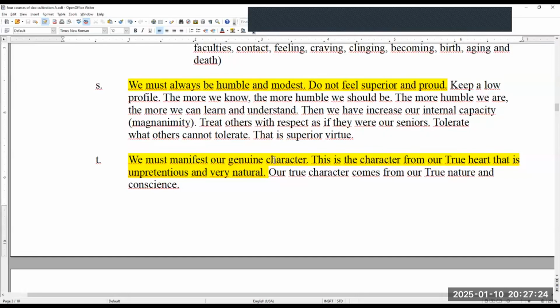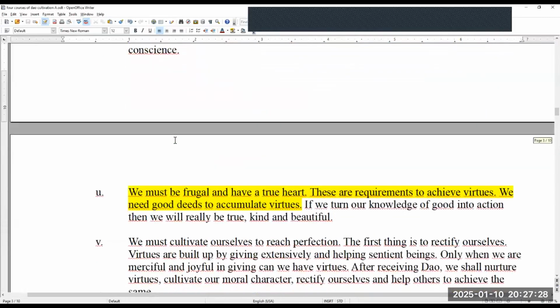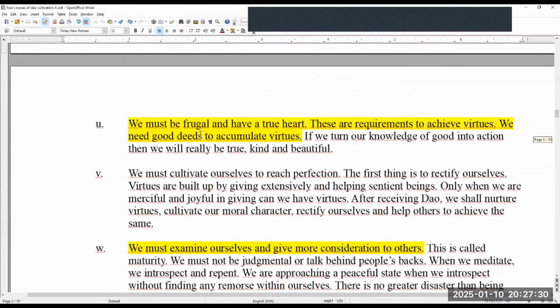To manifest the genuine character, or the true character, or the Buddha nature. Then of course we must be frugal and have a true heart. These are conditions to achieve virtues. We need good deeds to accumulate virtues. In terms of frugality, it just means that we need to practice